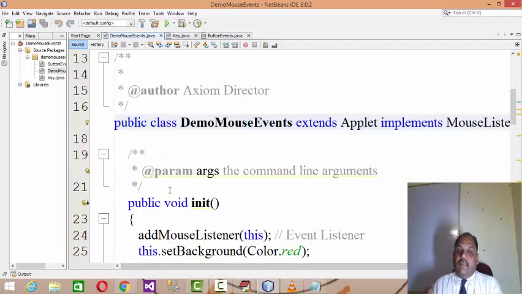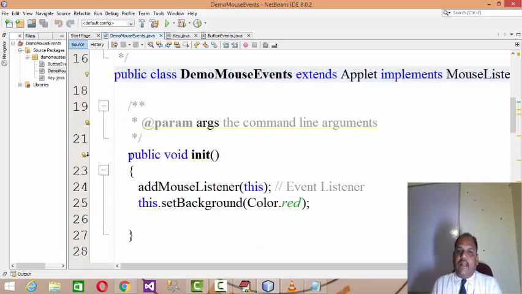Now in the applet life cycle, we studied that first of all the applet gets initialized. So you have to override the applet method public void init, which means at the time of initialization, addMouseListener(this).